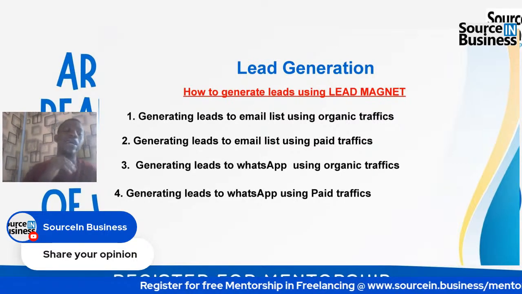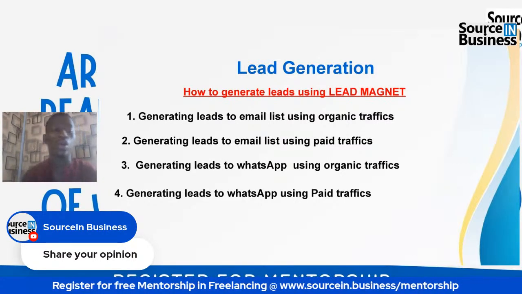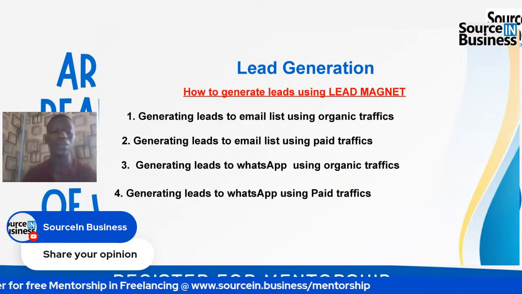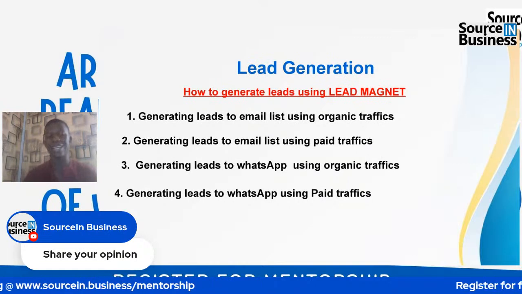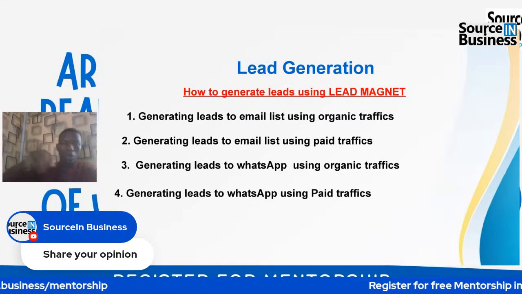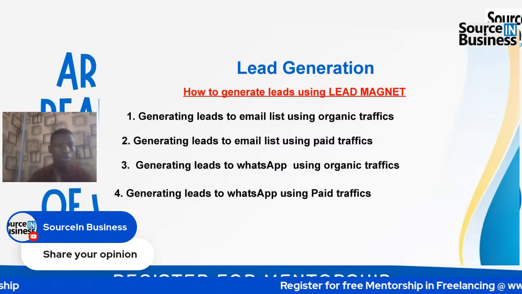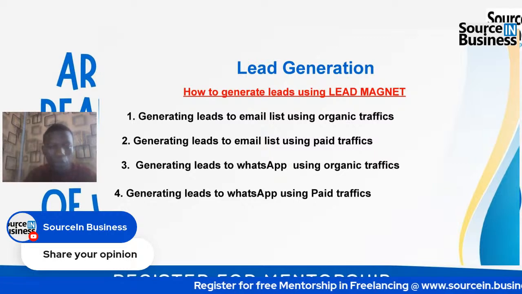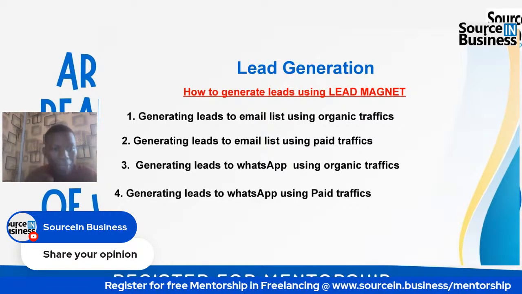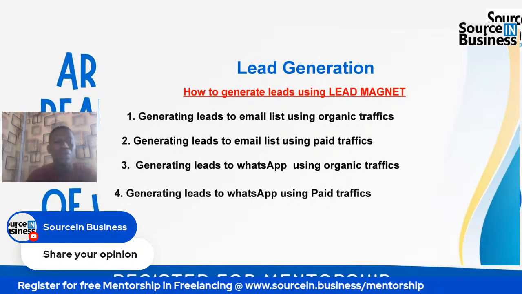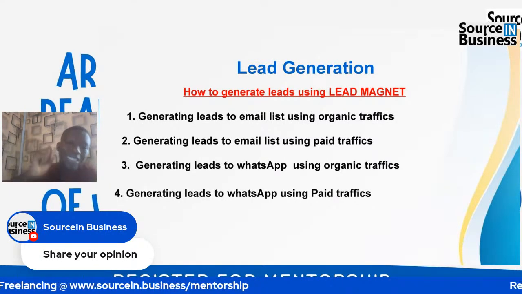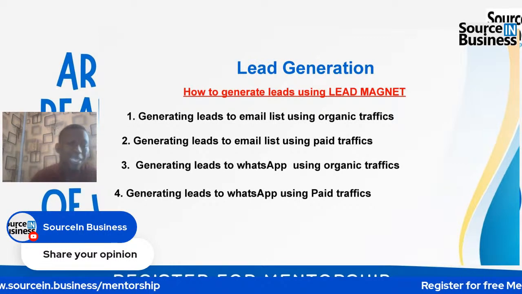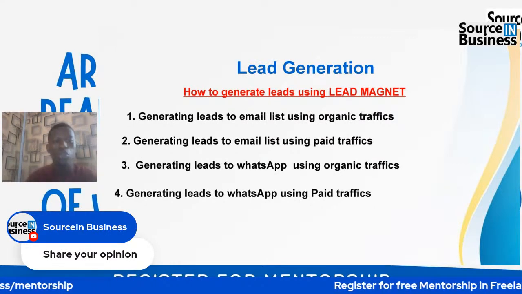it can be on Twitter, it can be on Instagram. So you set up a campaign, then you put your WhatsApp link there, like the landing page. When you are setting up a campaign, they will ask you for a destination, where you want people to go. Anybody that sees your campaign, where you want to direct them to, that's what we call the destination. You understand? So the destination is going to be your WhatsApp link.